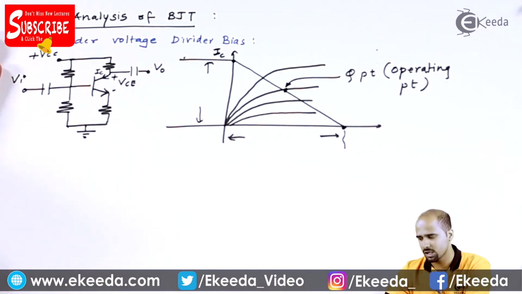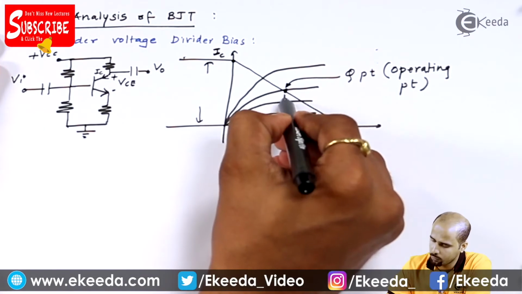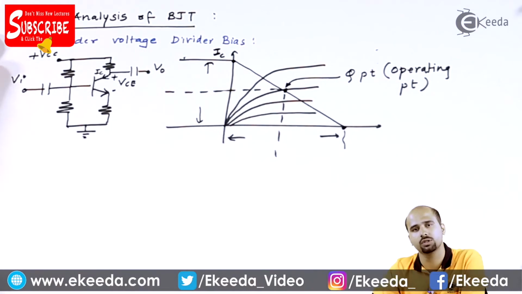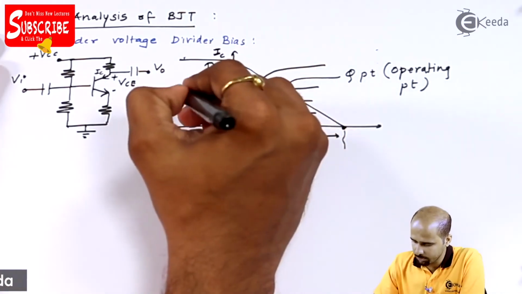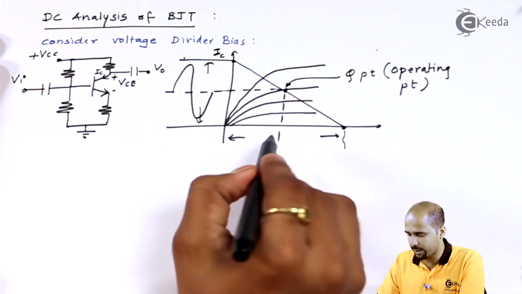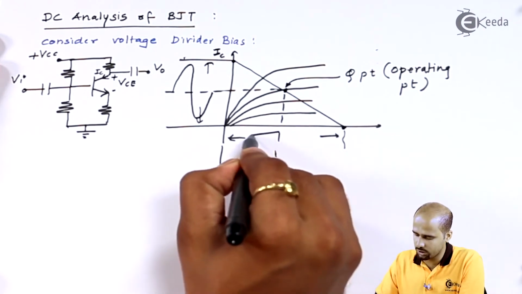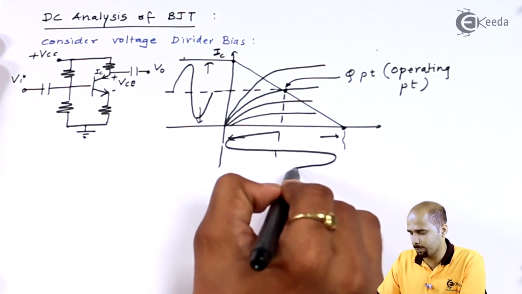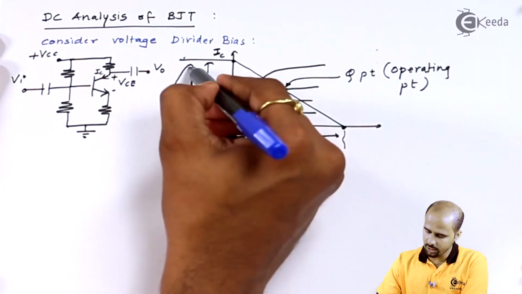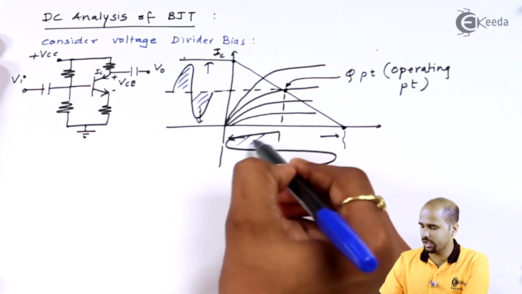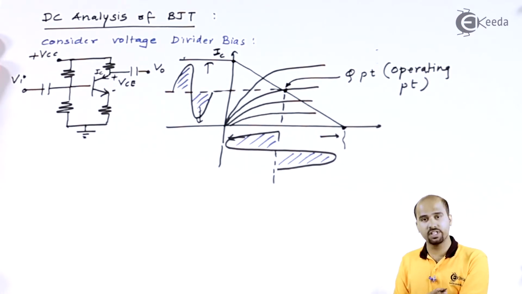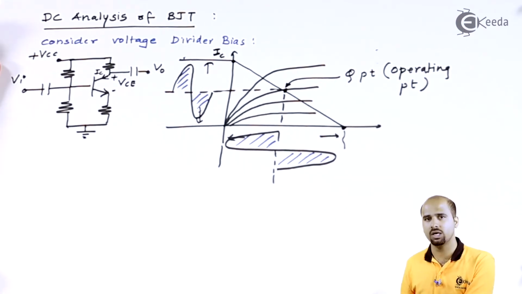That Q point is called the operating point, and that is very important for the amplification nature of your amplifier. If this is exactly in the middle, I can say that the signal will swing in this particular region and I will get the amplified format for current as well as voltage. So here we will be getting current amplification as well as voltage amplification without any clipping of the AC signal, right?